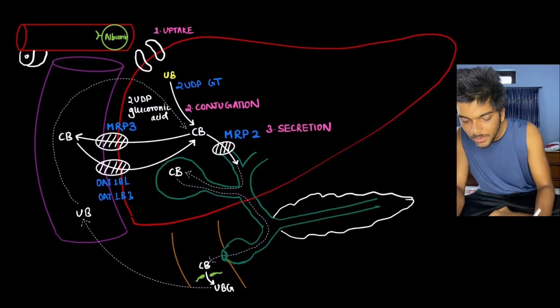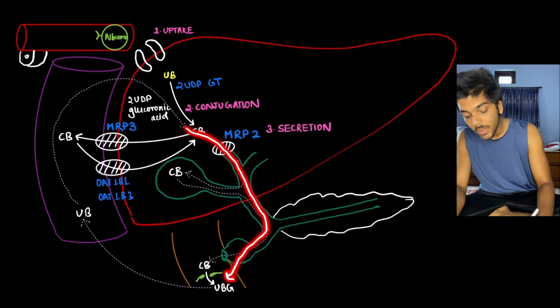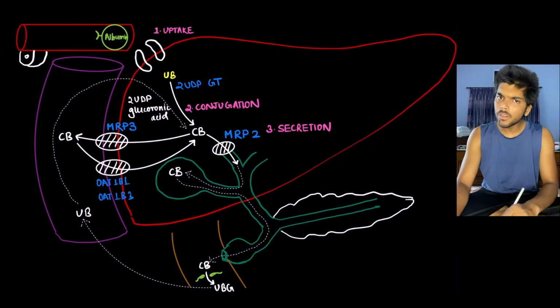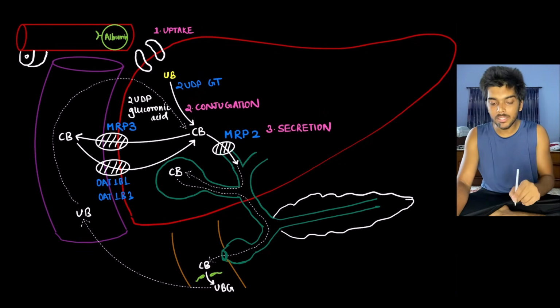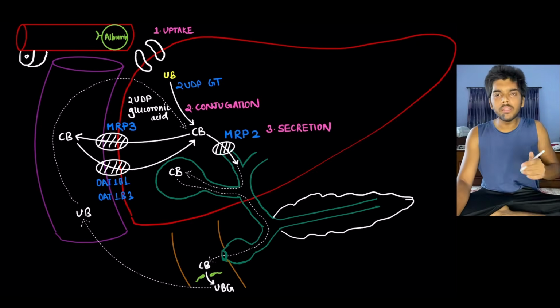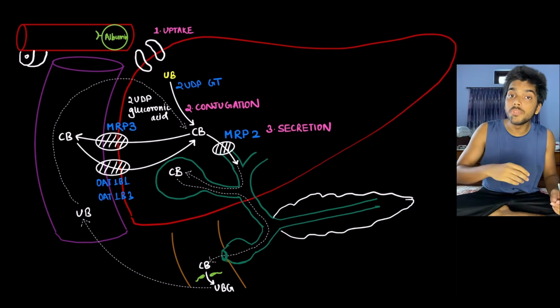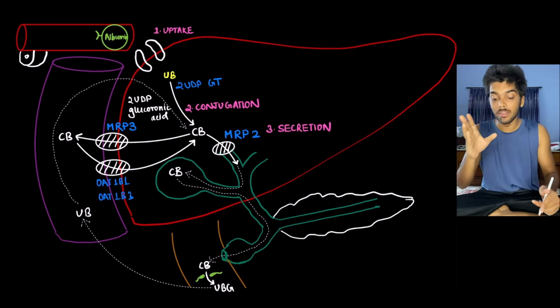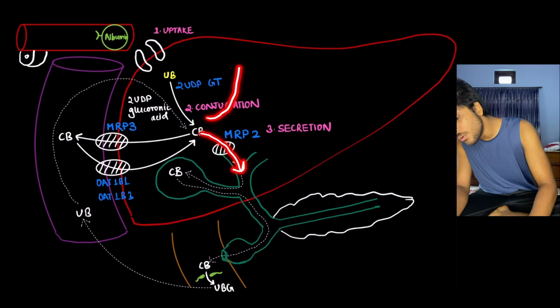And once it reaches the liver, what does it do? It traces back its pathway. That is, it enters the biliary duct, the biliary canal, and returns back to the duodenum where it initially was. But not all urobilinogen returns back, because there is one more connection with the liver. That is, all the deoxygenated blood from the liver comes to the heart via the portal vein. So some urobilinogen returns through the biliary duct, but a lot of it goes back through the